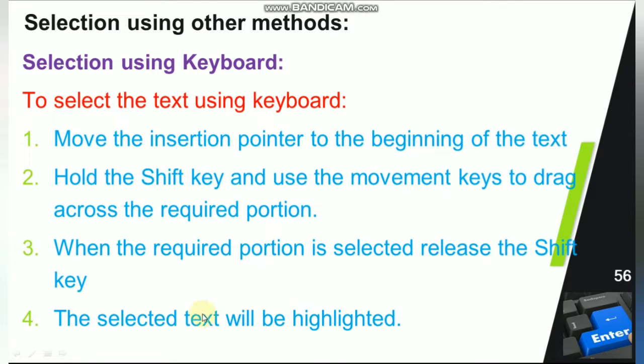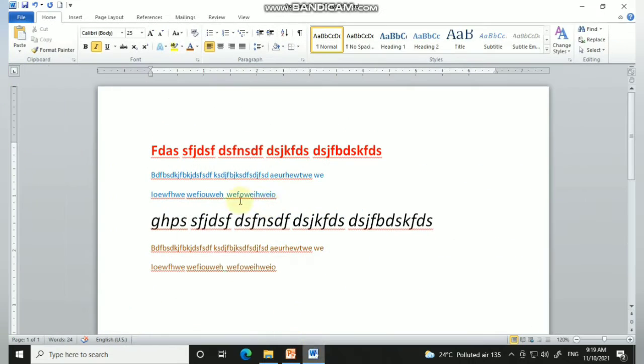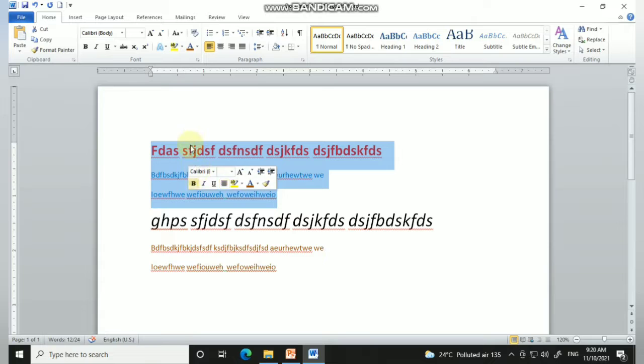When you select, always remember your text will be highlighted. For example, I am just holding my left mouse button and dragging the mouse until where the text needs to be selected. Once I select, the text is highlighted. This is called highlighting.